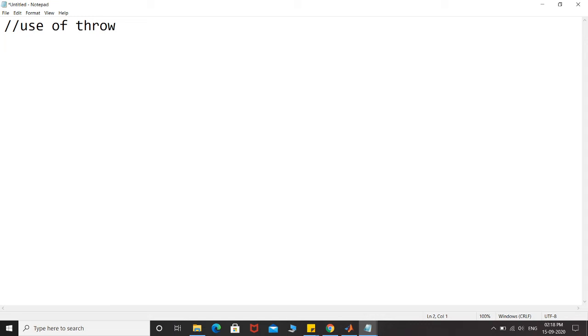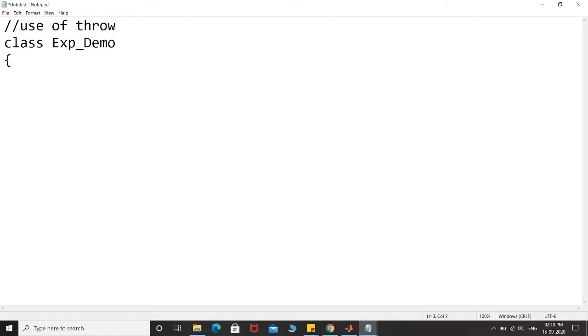In case of throw, this keyword is used to basically explicitly raise an exception. Sometimes it happens that you have to raise a particular exception, and that is not already available, right? Such as in case you are having some input like age, which can never be say negative, right? In such cases you have to explicitly raise an exception, right? So we can raise such exceptions by using the keyword throw.